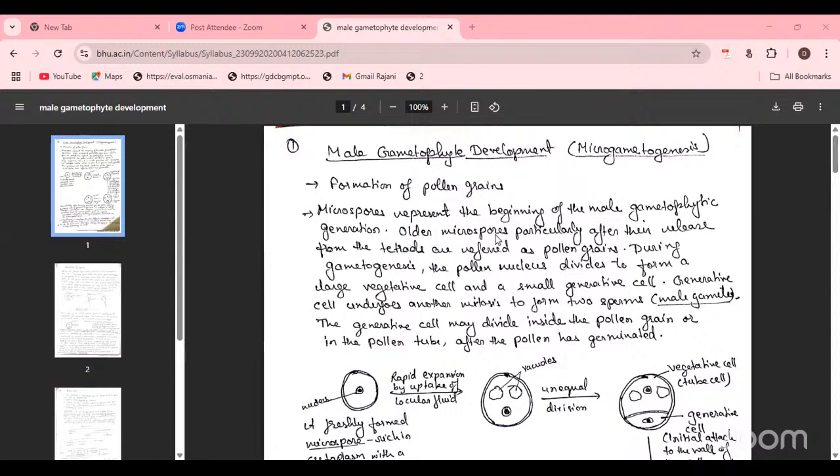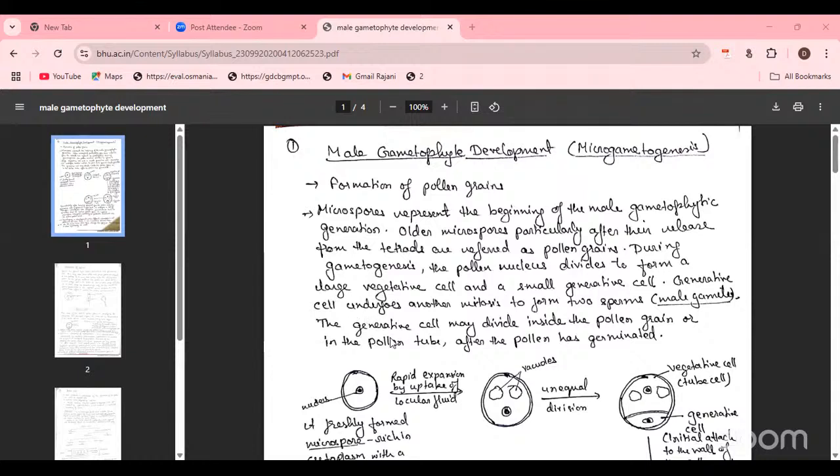Older microspores, after their nuclear formation, the tetrad microspores are released as pollen grains. During gametogenesis, the pollen nucleus divides to form a